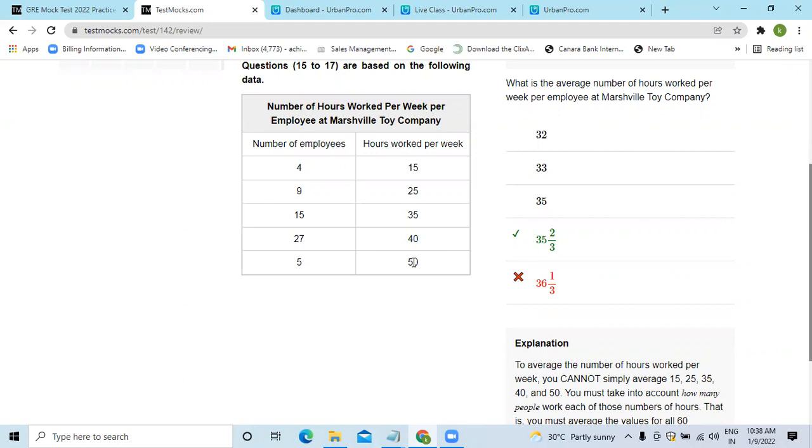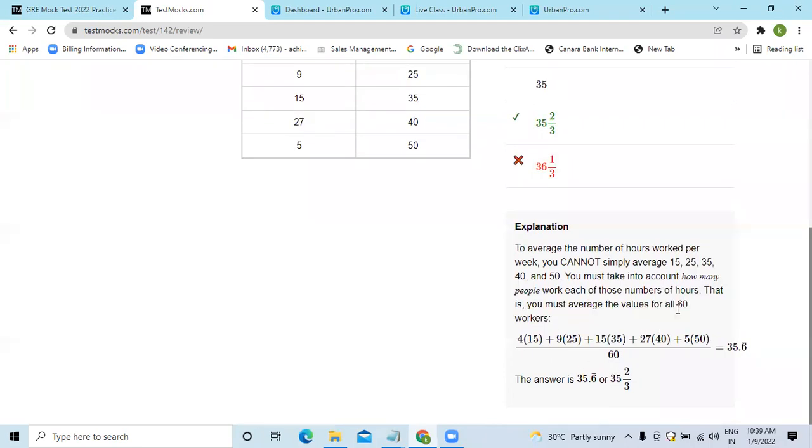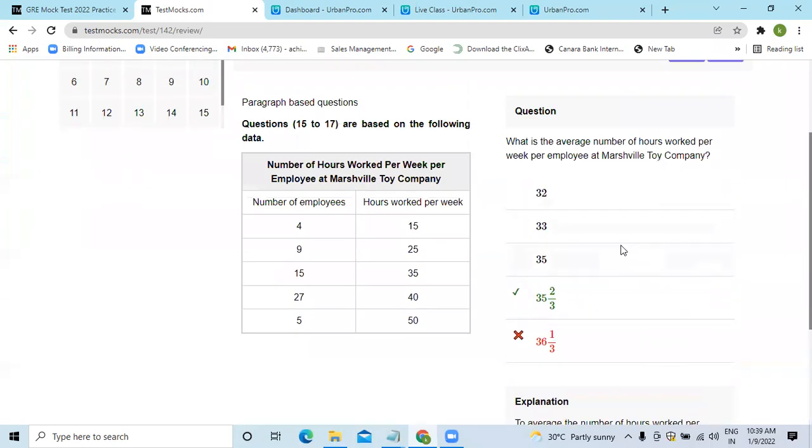Just total this out: 15, 25, 35, 40, 50, and divided by, yeah, 165 divided by, I think, 5. I think that's what you did. Yeah. No, sir. Then the answer comes to 33. I think I multiplied wrong. Yeah, maybe a calculation error. Did you check your work? Okay, maybe. This is how it has to be done. Please make a note of it.